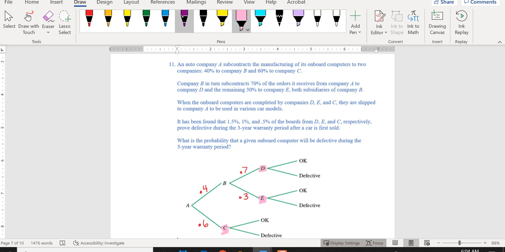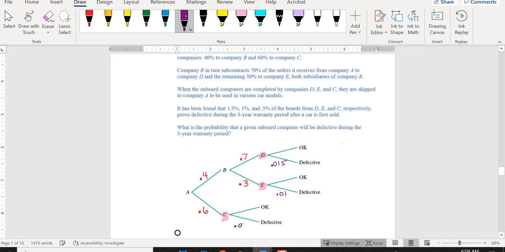So for D, the defective rate was 1.5%, which is 0.015. 1% from E is going to be 0.01. And then 0.5% for C,